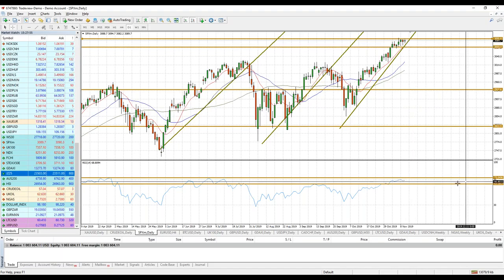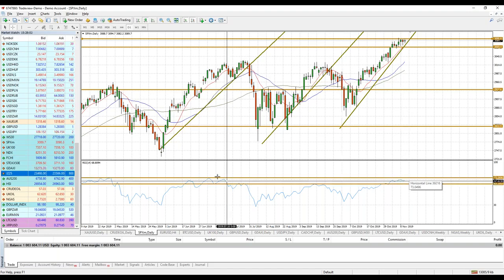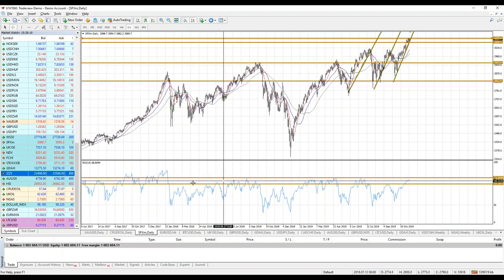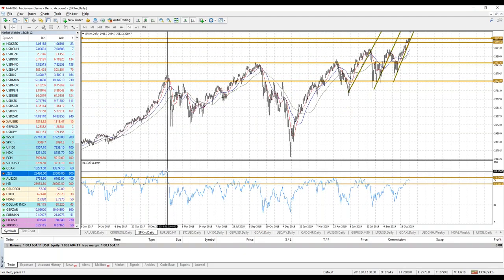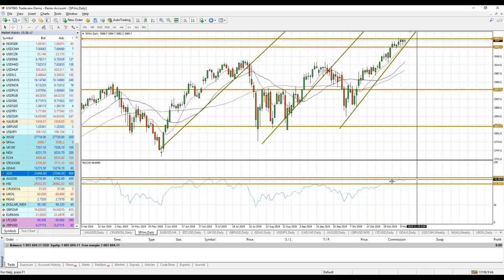Now, in saying that, if you are looking at the RSI, you do see, relatively speaking, it is overcooked, overbought. We have seen that the markets haven't necessarily penetrated that level of 73 for a very, very long time. You can zoom out and you can see pretty much December of 2017 was the last time that we saw the volumes past the levels there. It looks like a resistance. It started to come down.